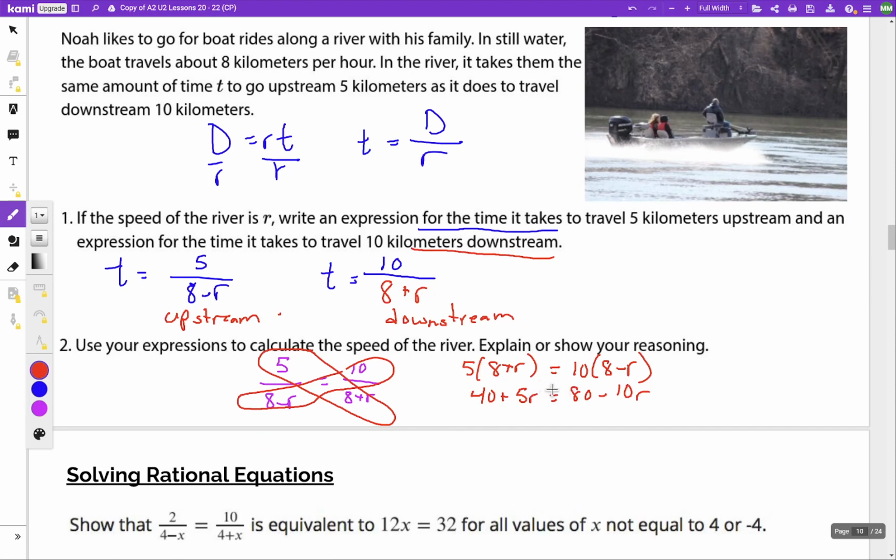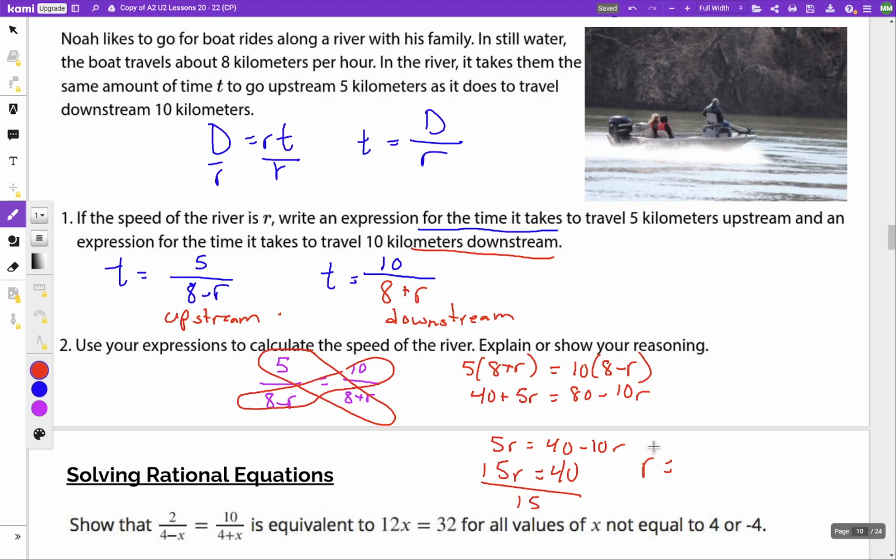How about we subtract the 40 from both sides? And so we have 5r equals 40 minus 10r. Add the 10r to both sides. So we have 15r equals 40, and we divide by 15, and we get r equals 40 divided by 15,